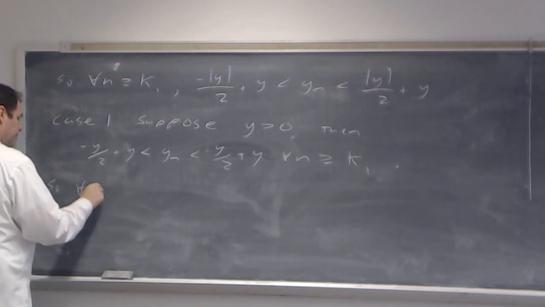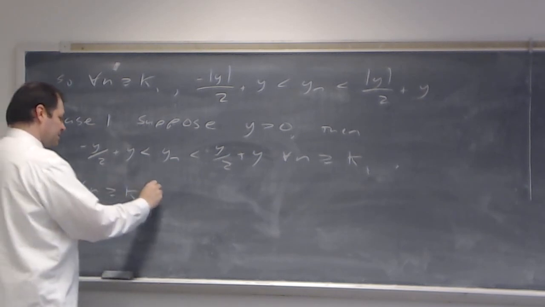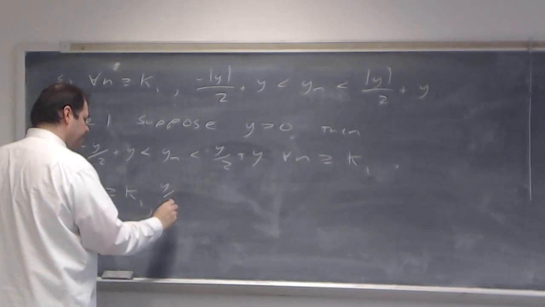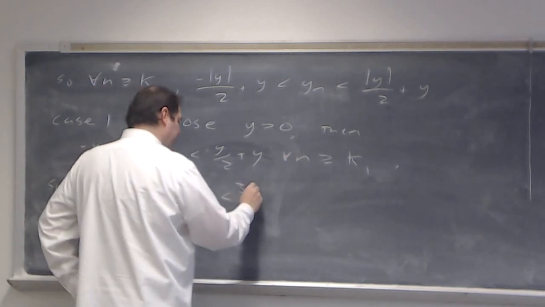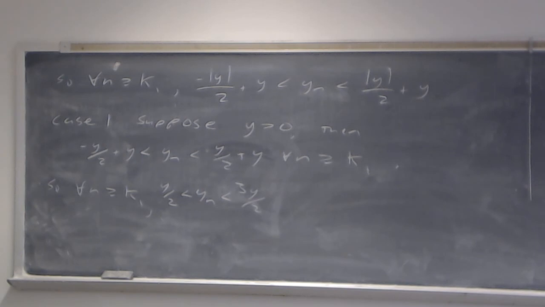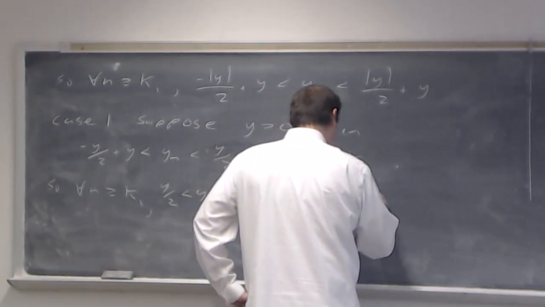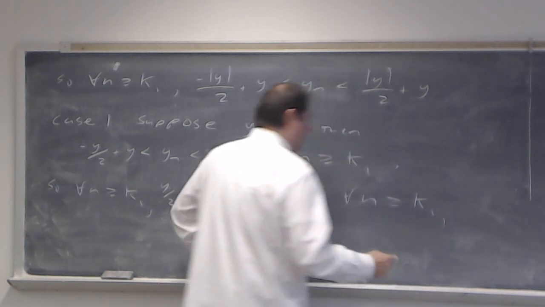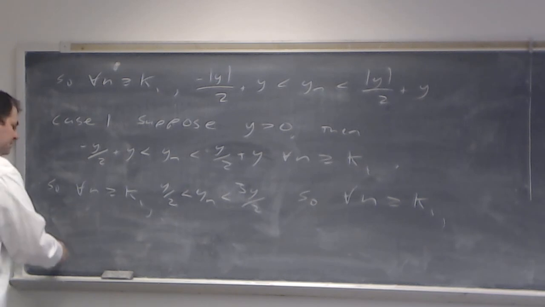So, for all n greater than or equal to k sub 1, this is the same thing as y over 2 is less than y sub n, which is less than 3y over 2. And that gives me two statements. And that's the setting for which everything I'm writing pertains to, so I'm not going to write it anymore. I'm just going to have a bunch of implies here. What we have is